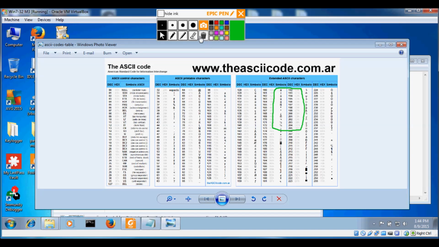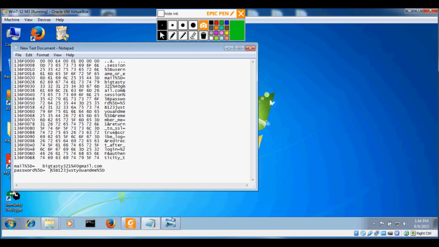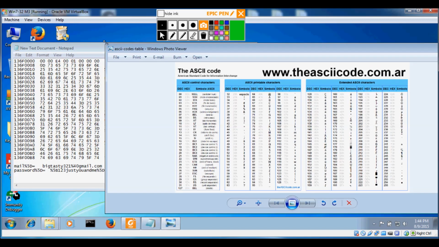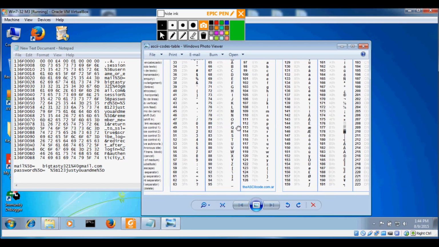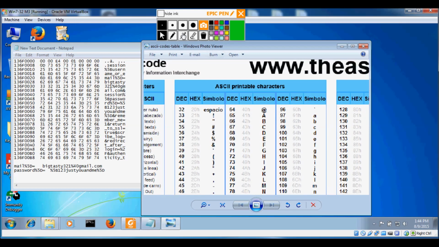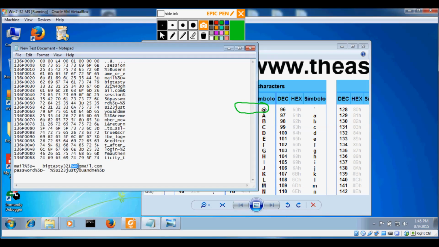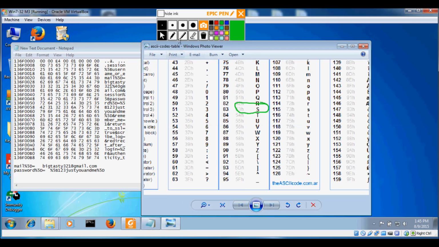Okay, let me open the ASCII code table. And I will start with the email address. Notice that 40 in hexa means @ in ASCII. Let me zoom in a little bit. So here it is. In hexa we got 40 and the symbol is @. So let me replace the 40 here with @. So we got bigtasty321@gmail, and for the password,